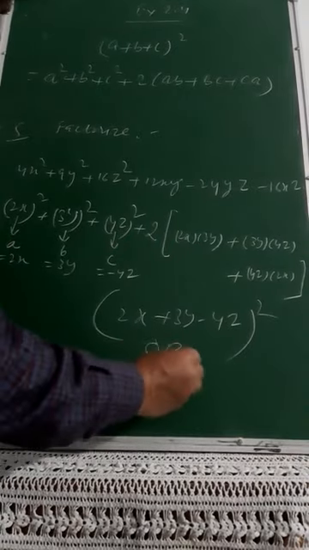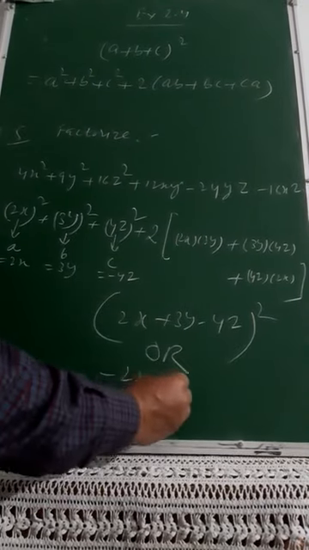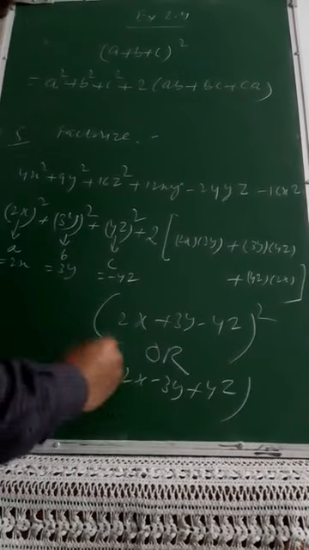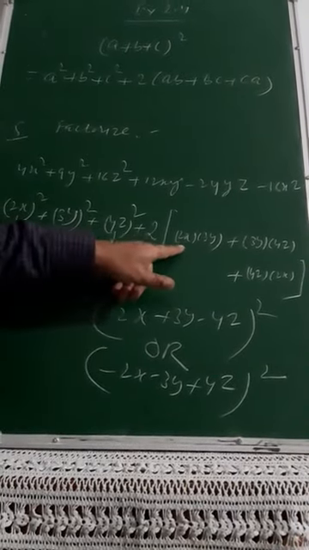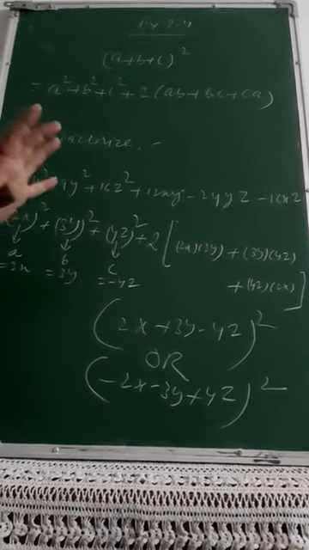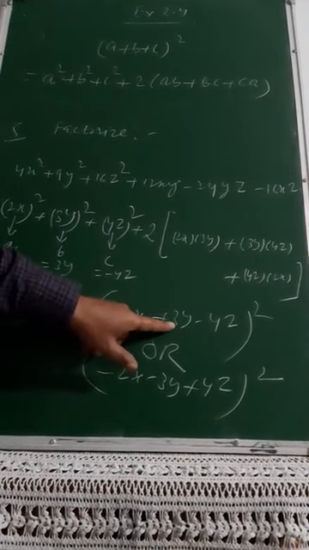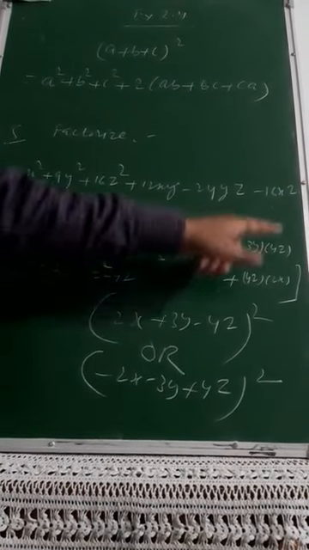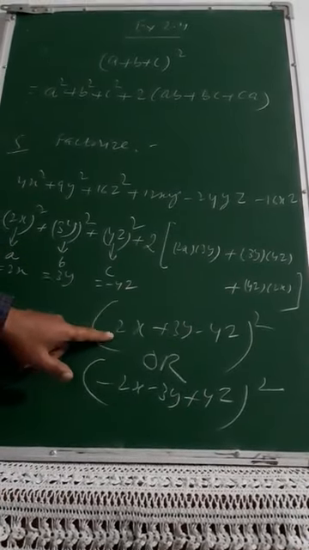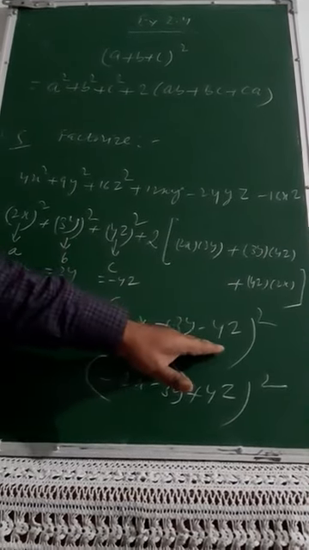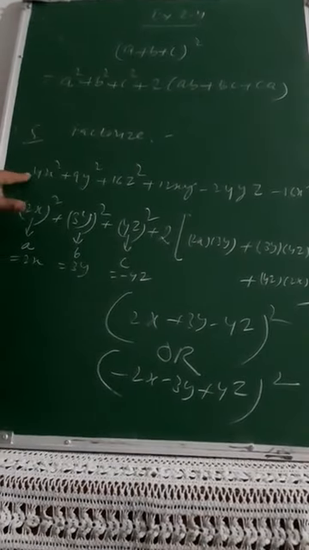Or second option, immediately you can write whatever are positive, make those negative, and whatever is negative, change the sign. You can leave the answer there also. Why? Plus into plus is plus always, everybody knows. But minus into minus is also plus. So then you can take both these negative. If you are taking both these negative, then your z will be positive. If you are taking z negative, then both of these will be positive. Either you apply the values of a, b and c in this way or in this way. Your result after applying this identity will be equal to this.